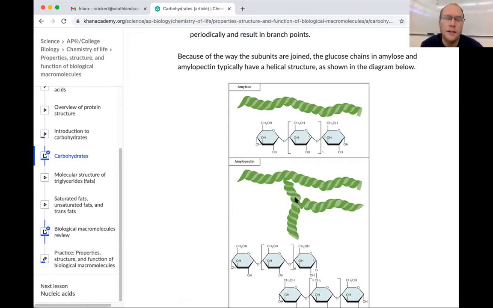But glucose is not just used in its monomer form. In fact, most of the time your body needs to store it by making these long branched or unbranched chains. And we call these, in humans, we call these starches. Okay, that's it. That's what you need to know about